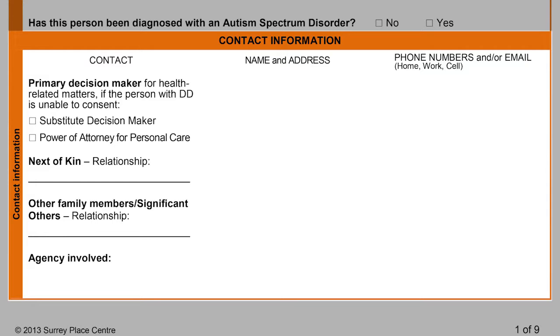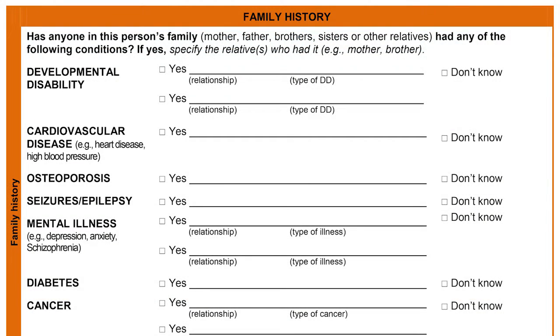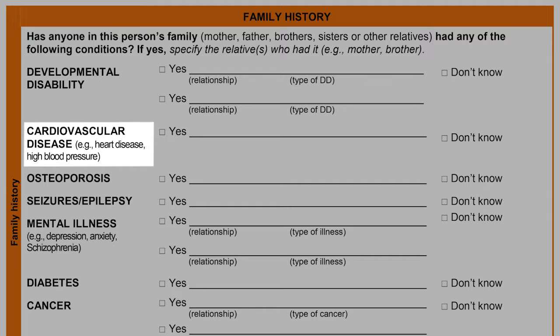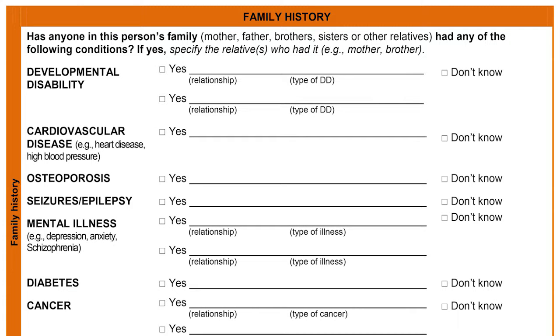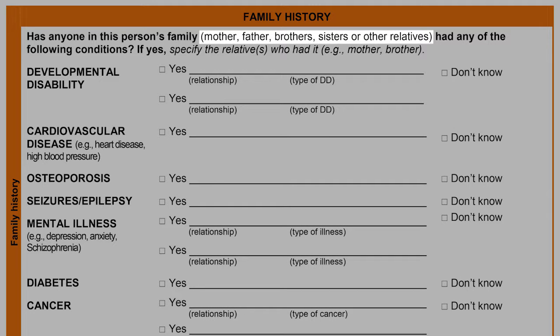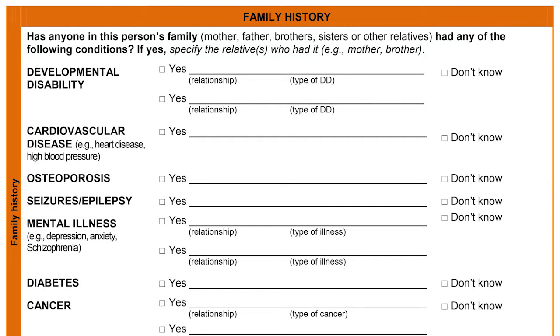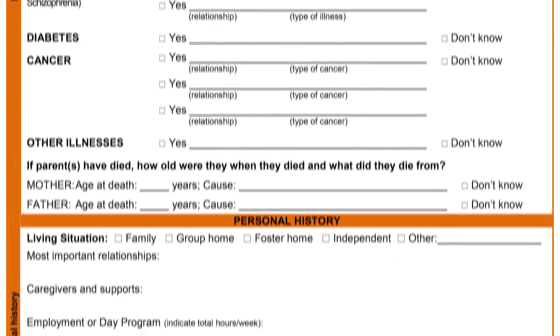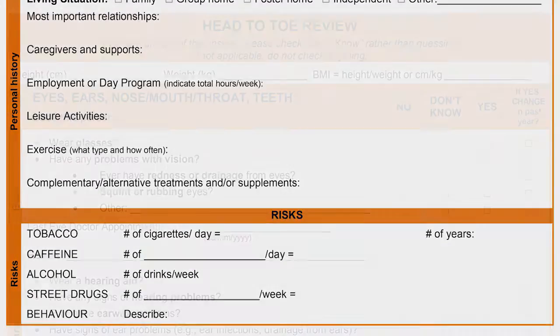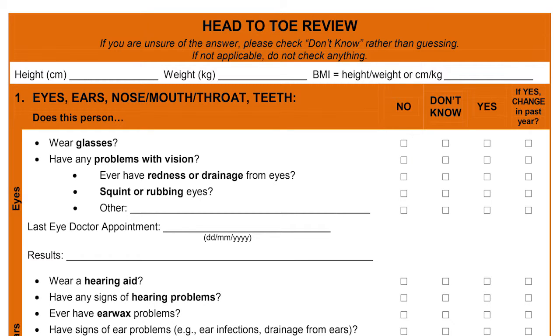But it's the last part of this tool, the detail, that goes from head to toe. For example, if we look at cardiovascular disease, heart disease, high blood pressure, the options here are, this is family history, is there anyone in the family who's had this? Yes or don't know. Again, trying to take in all possibilities. And you see the other sort of broad categories here. But then the head-to-toe review, that functional inquiry I spoke about in an earlier video, is listed here. And so this is just the start of it.